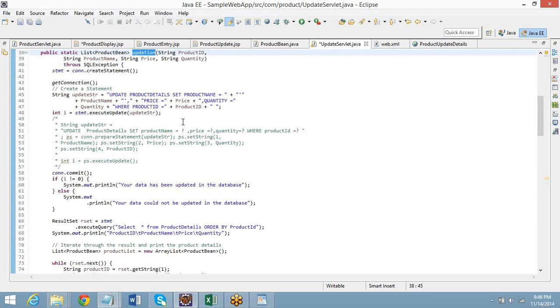Oh my god, all this. It's a mess. There are so many details. Since your data has been updated in the database, your data could not be updated. Execute query and select. Okay, this is for showing the details again.